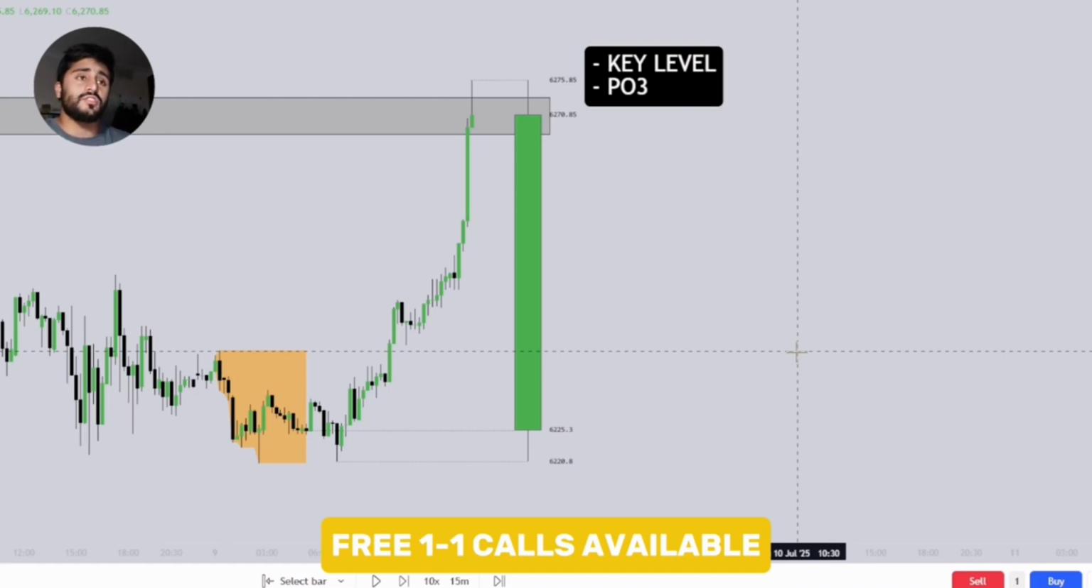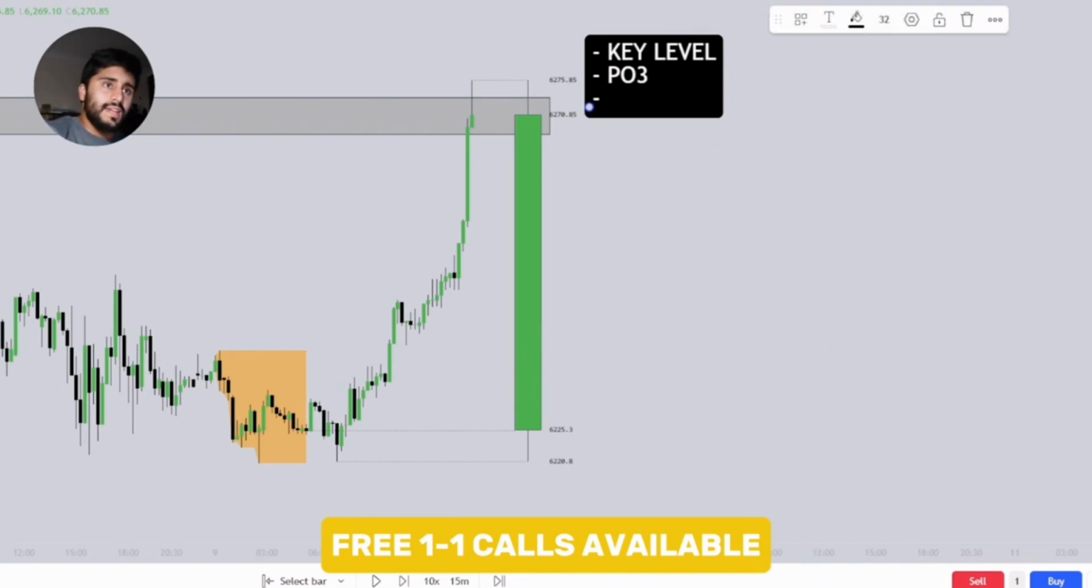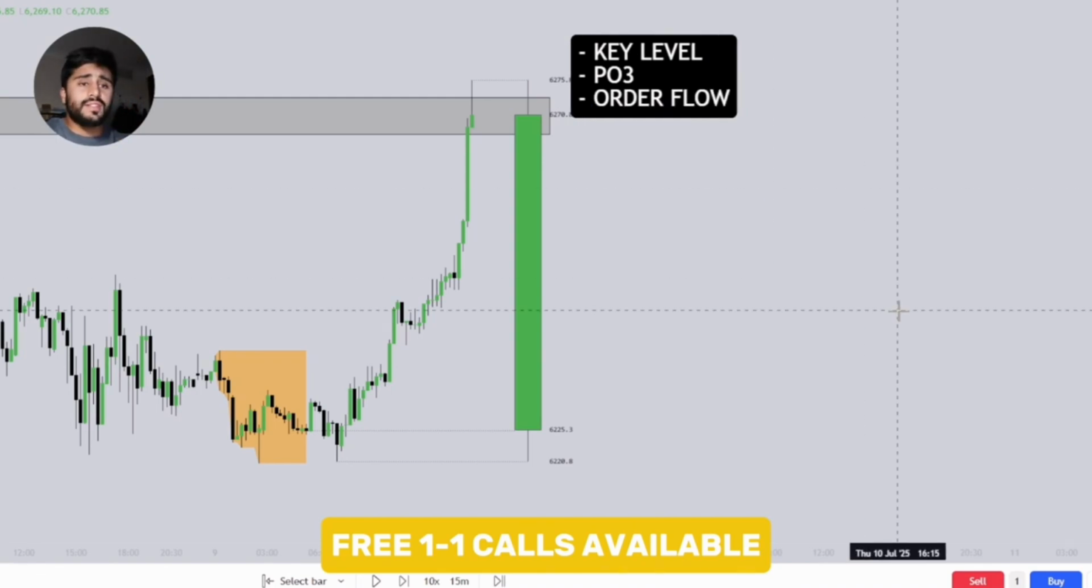The best way to do it is to use ICT's simple concept of the PO3 and combine that with order flow at key levels, right? It's really that simple. And that is the third thing we look at. We look for a key level, we look for power of 3, and then we look for order flow. These are the 3 steps to any